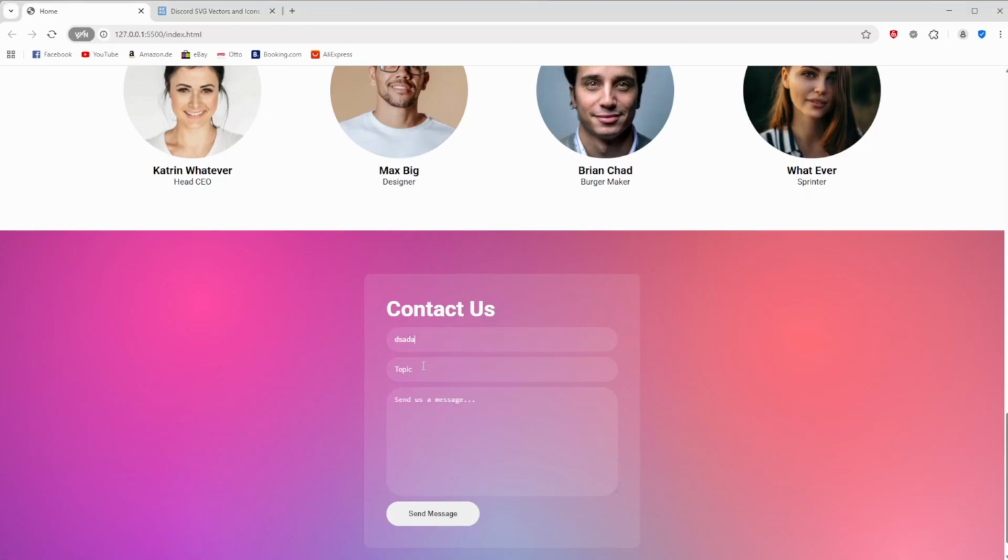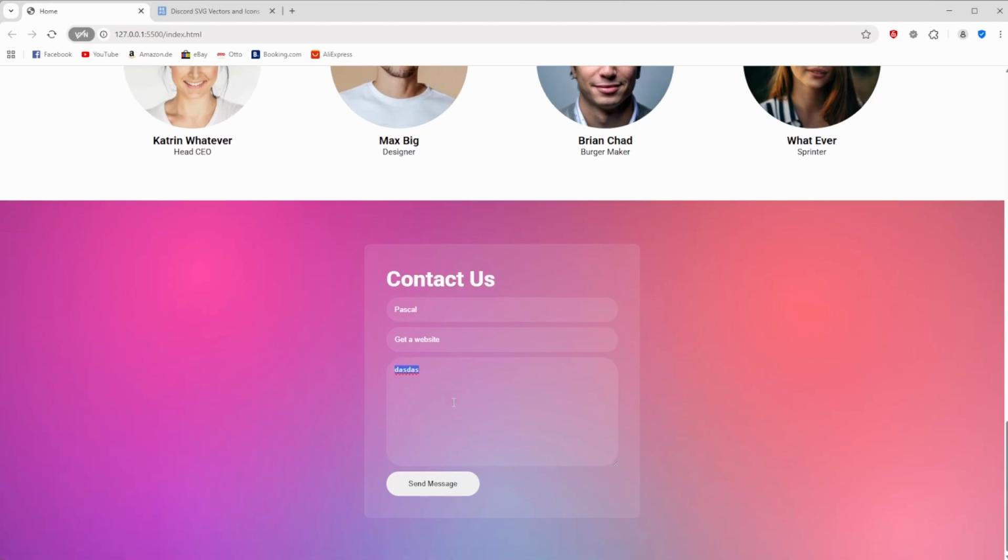And by doing so, you basically have this basic contact form where you can add your name, like my name is Pascal, topic, I maybe want to get a website, and then you can message some stuff if you wanted to. Obviously, you could add as many fields as you wanted to. You could also add an upload, a file section, whatever, but yeah, that's obviously up to you. I really hope this helped you to create this contact us form, and yeah,